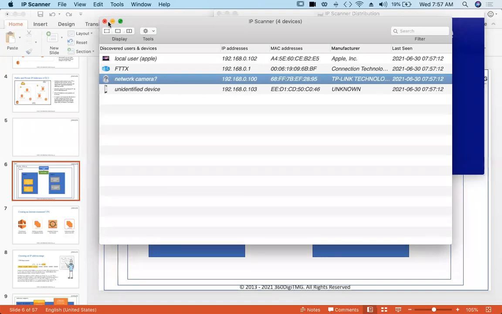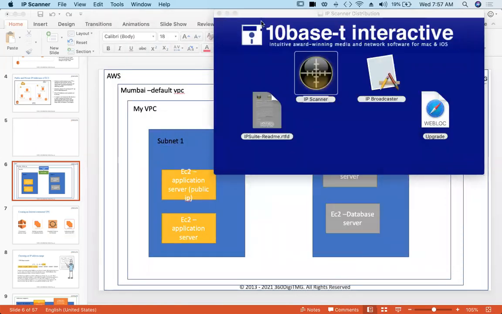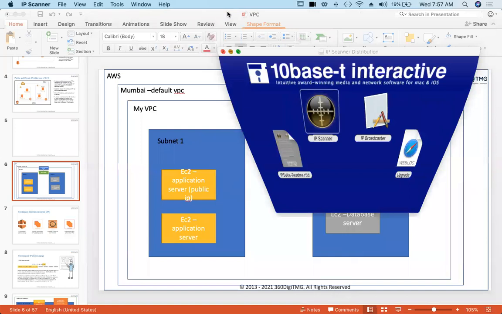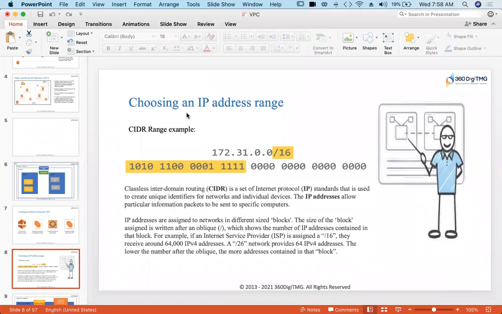Now let us go to our VPC. What we are doing is setting up our VPC, our own network. So we should give one CIDR range. Each octet, this is one octet.